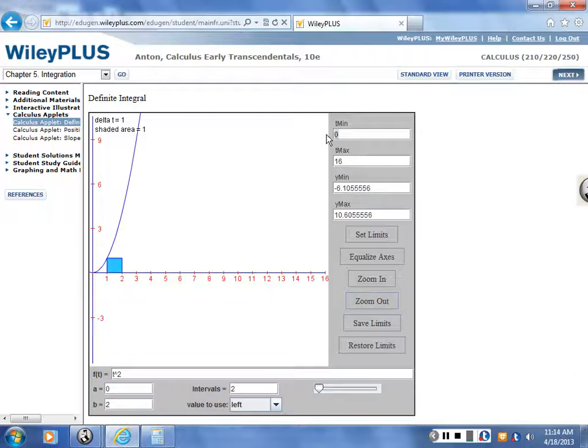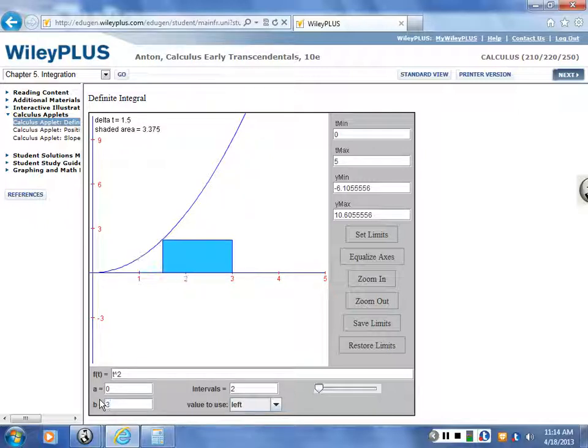So T min, T max. Let's see, let's put it at 10. Okay, so let's put it to 5. Does that make sense? This is the point 0, 0. This is the 5. So if I plug in 2, I have 4. If I plug in 3, I have 9. So if I want to integrate this from 0 to 3, and let's say